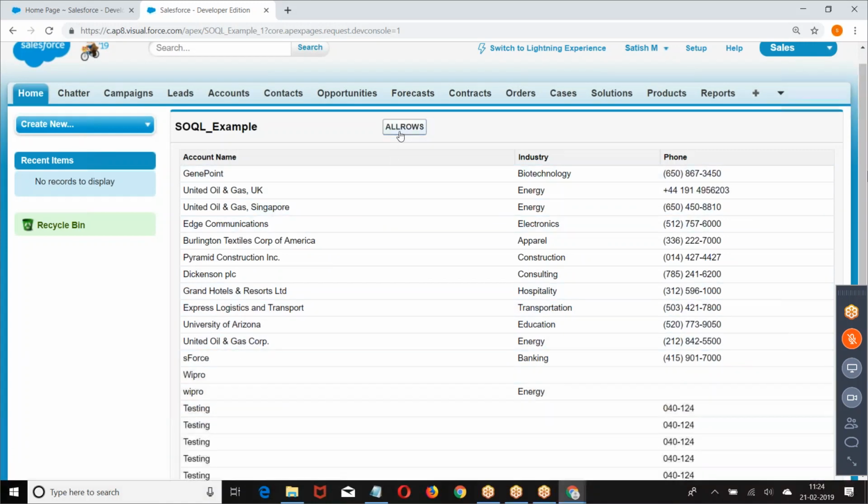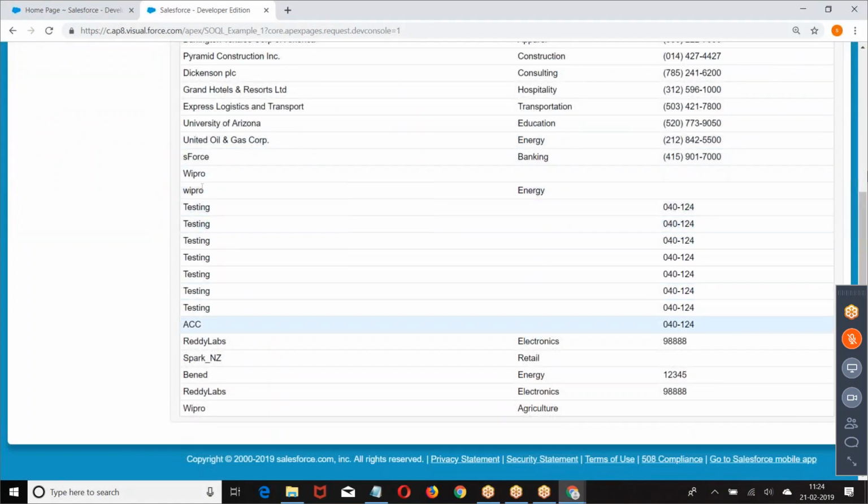When I say all rows, it fetches all the records, including the data which is deleted and still in the recycle bin for 15 days. When you delete the data, how long will the data be there? For 15 days. After 15 days, the data will be deleted. I'm saying the data which is deleted but still in the table, fetch that data. It is not the data which you deleted one month or two months back. When you delete a record, what happens? IsDeleted equals true. That is still in the object, but it is deleted. How long will it be there? 15 days. If any such data is there, fetch it.